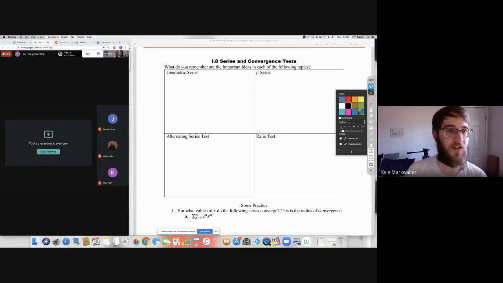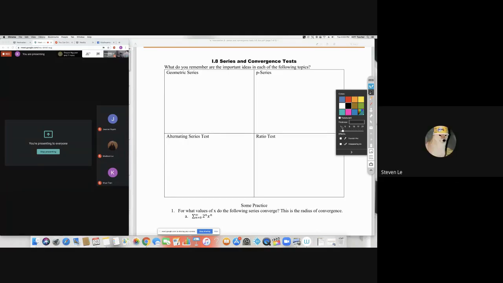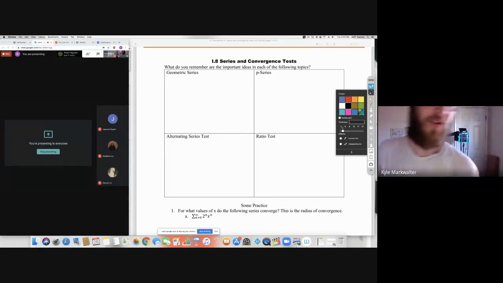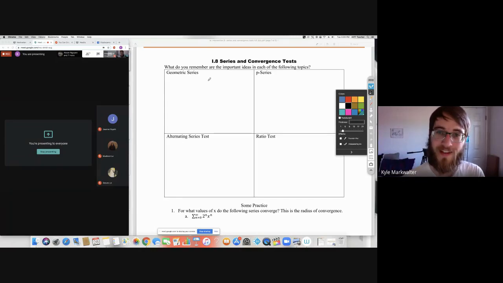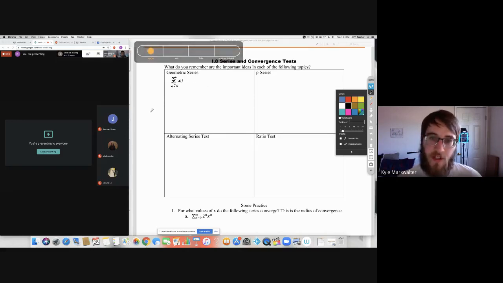For example, in geometric series, what are some things we need to remember that are important about geometric series? The R? Yes, we need to keep in mind what this R value we often talk about with geometric series is. So let's make a note of that. Geometric series generally have a form like this, but they can vary a little bit, where our R value